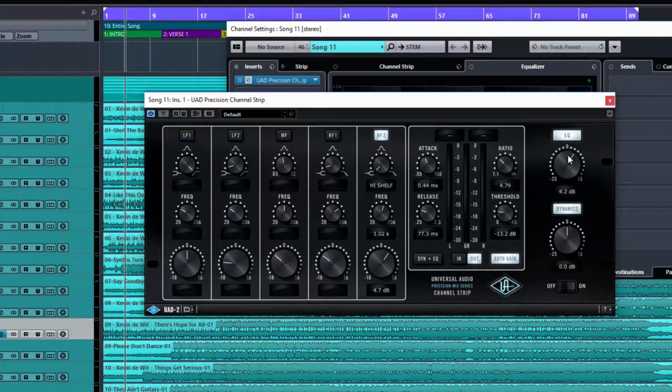So we might then say, okay, I'm going to boost that because I want the signal to stay level. I still want it to hit this compressor at a certain level here. So for instance, if we bypass the EQ, we turn the dynamics on. Okay, so we're hitting gain reduction there. Now if I turn the EQ on,